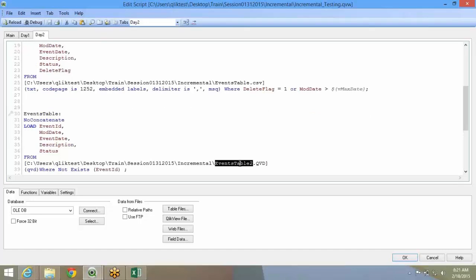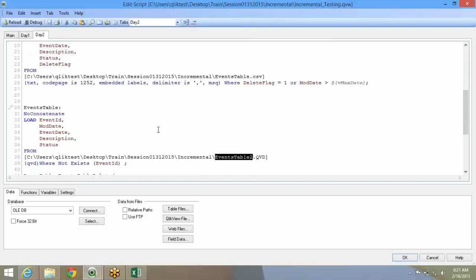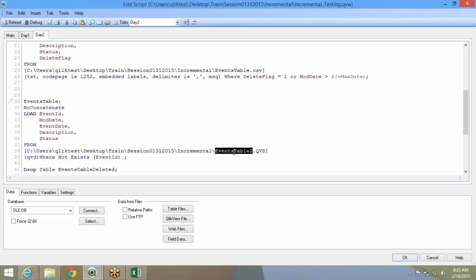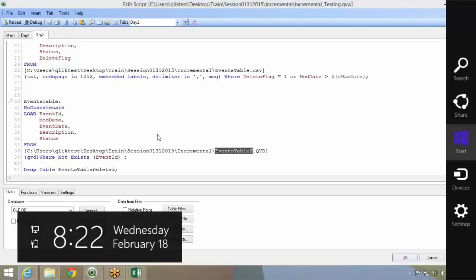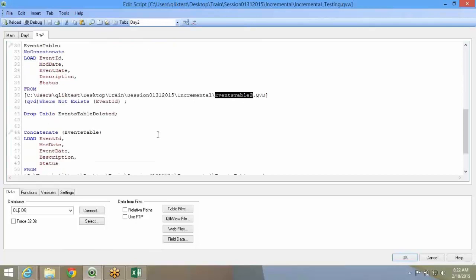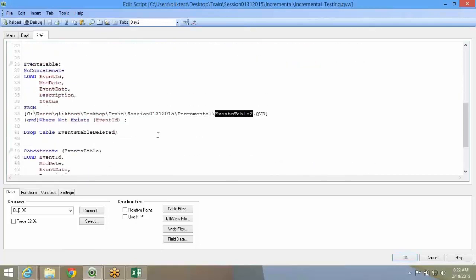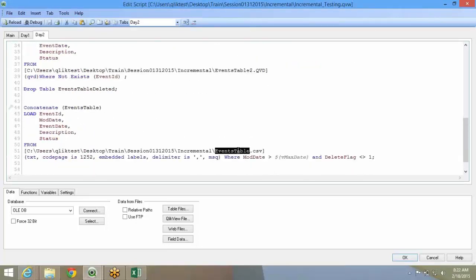So we are loading only not deleted and not modified records from the existing QVD. Then from there, we need to add only modified records from the top. Yeah, exactly. It looks alright.